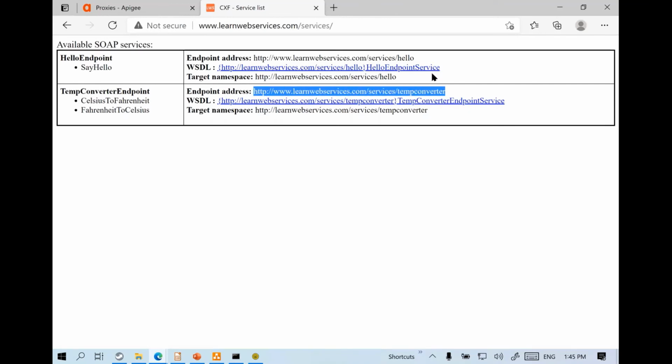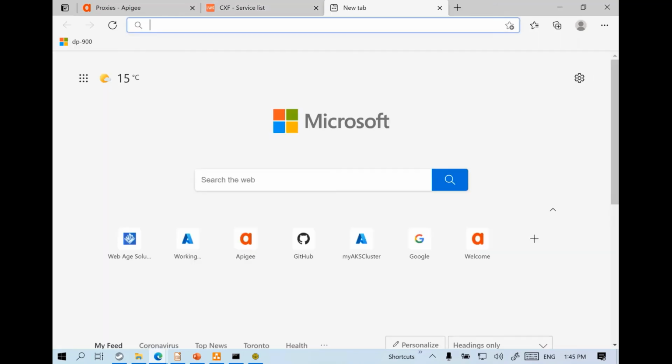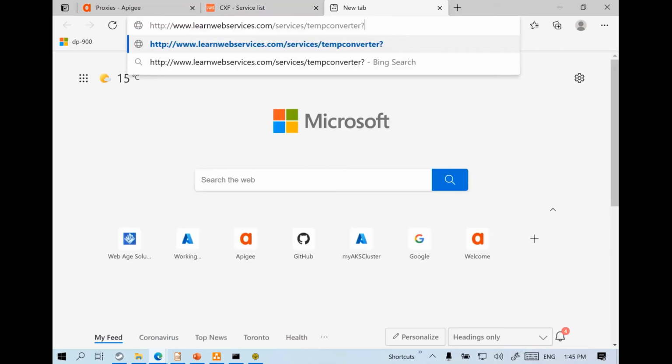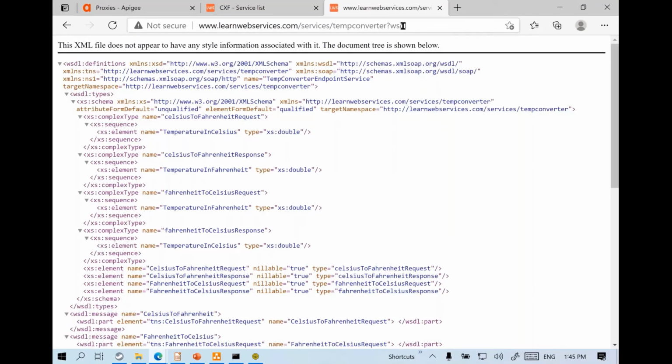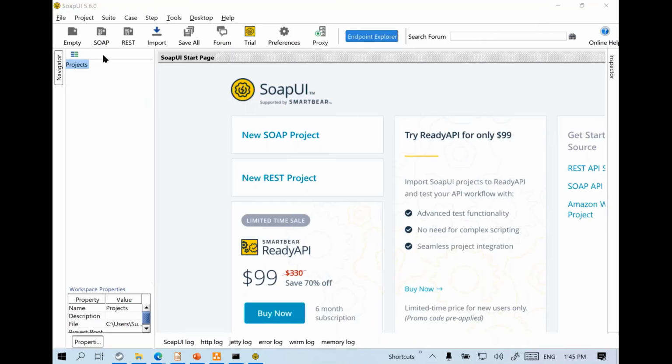So we can take this particular URL, and you can choose to look at its description. So WSDL, we can look at its WSDL, and notice that this is the typical traditional SOAP XML based service. It's not the REST API, and we need to modernize it. We need to convert it to REST API without writing any line of code. So I can take this particular SOAP XML based URL. I can test it out here first.